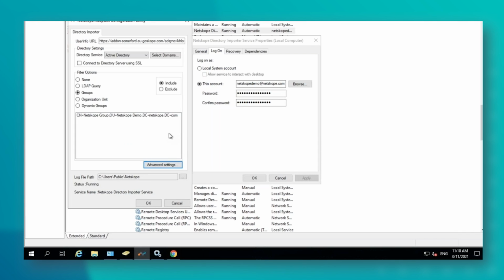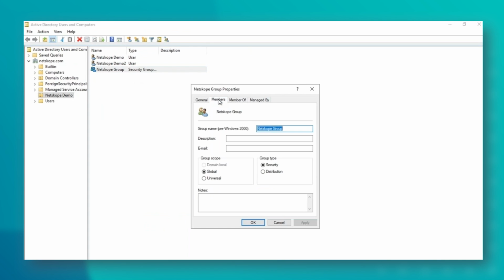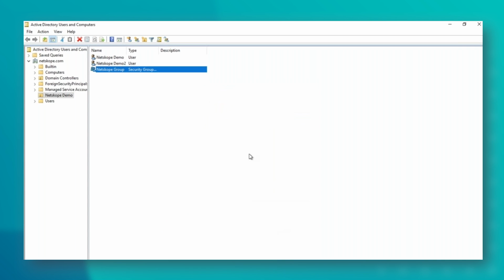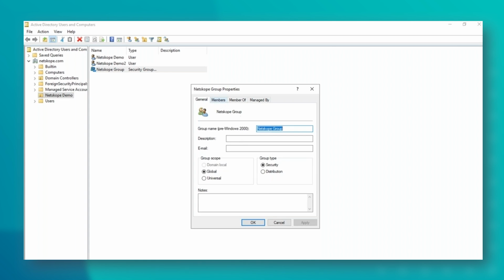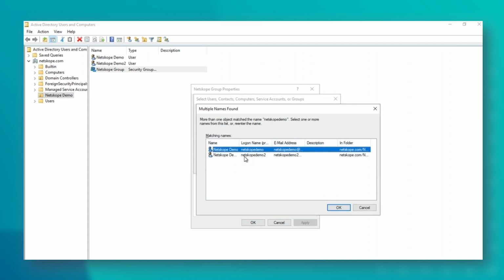But all we're doing is pointing at this AD group, and we have a user in this AD group. So every 60 minutes, it will poll that AD group, take that information on the users that exist in it, and send it up to the tenant, and the tenant will transfer those users into a Netskope user inside of the tenant. I will add one. There's no way for me to speed it up, but we might see them appear by the end of this call. As I say, it's every 60 minutes it's going to check this. I can restart the service and so on, but it makes no difference.